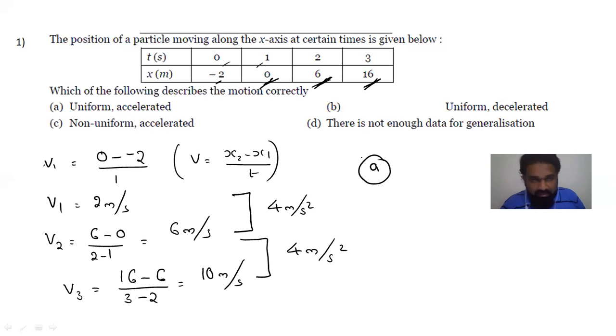Okay, acceleration is there, and that acceleration is uniform acceleration. So exactly the option should be like uniformly accelerated. This is the correct statement, uniformly accelerated. Okay, so we found the velocities between different intervals, and finally what we did, we saw the difference between the velocities. Everywhere the difference of velocity is the same, so that is why we have taken it as uniformly accelerated.